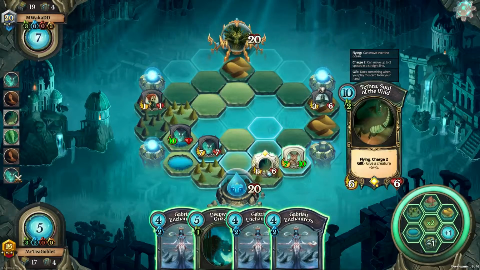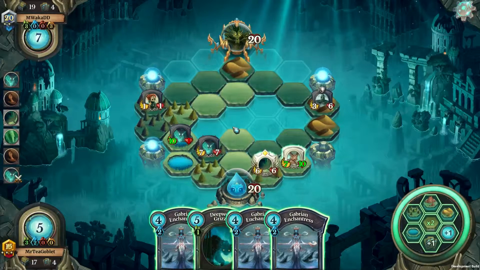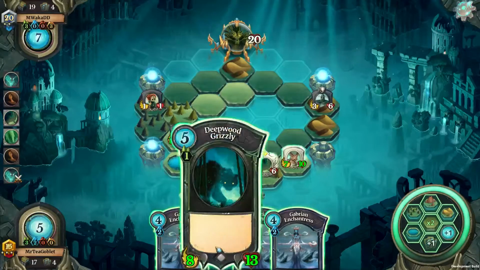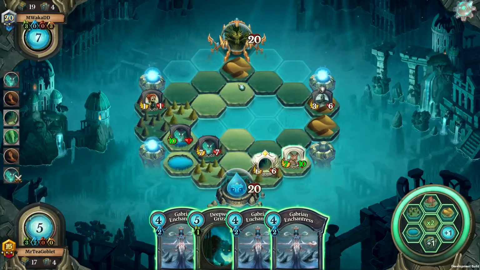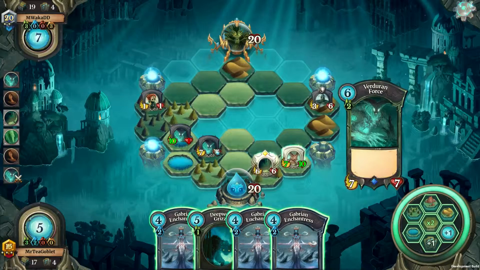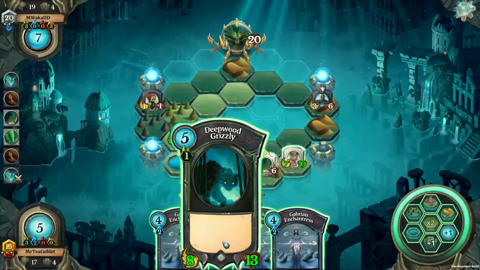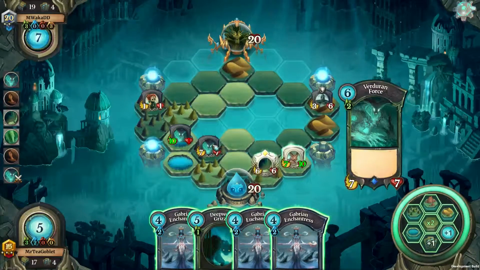So what to do? Should I in fact place the Deepwood Grizzly here? I think it's fine to do that, actually. I think it's fine to place down the Deepwood Grizzly. I could place the Deepwood Grizzly here, of course. It will get taken out by...